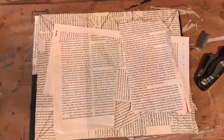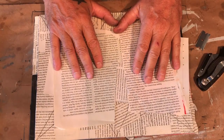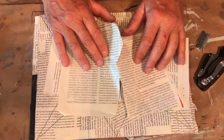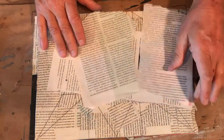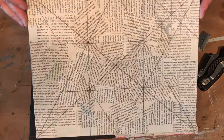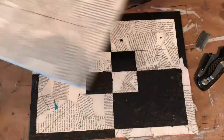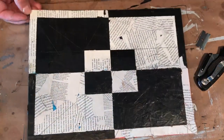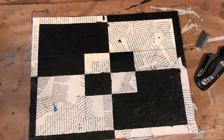Okay, so this next part of this project, which is our black and white and rule of thirds, we've got our text that we've matte mediumed onto a board. And then we did the rule of thirds and drew that in different ways to break up the shape. And then we've added different black and whites to that with acrylic paint. And so now what we're going to do is add a